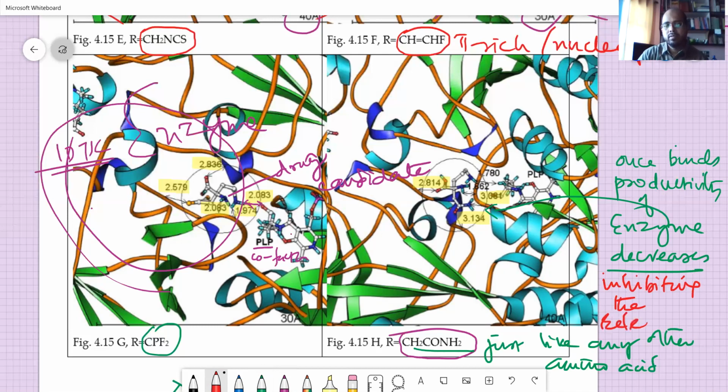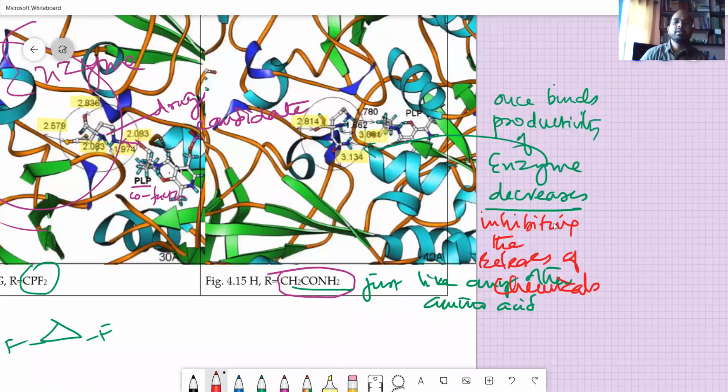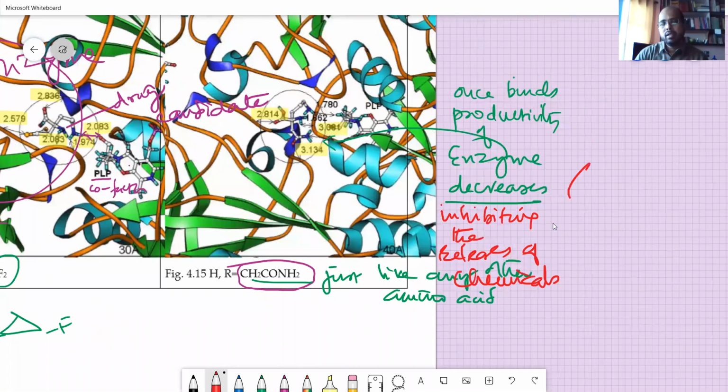So that's a very good drug. For example, beta blockers that reduce the BP, CYP blockers are there. You need something to block. A good drug is something which goes and blocks.